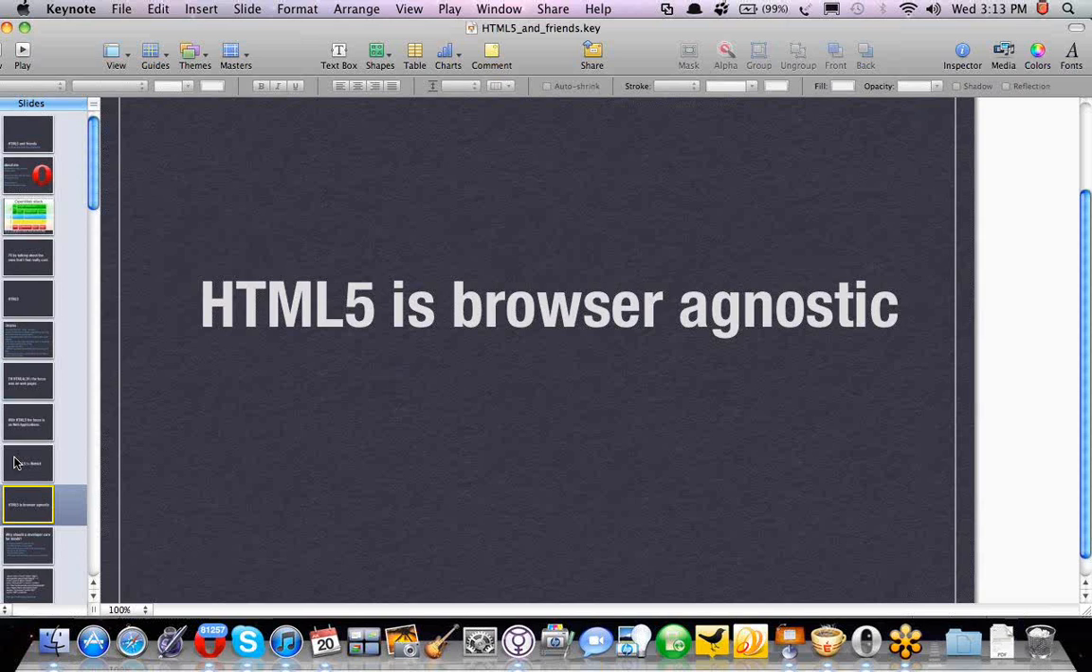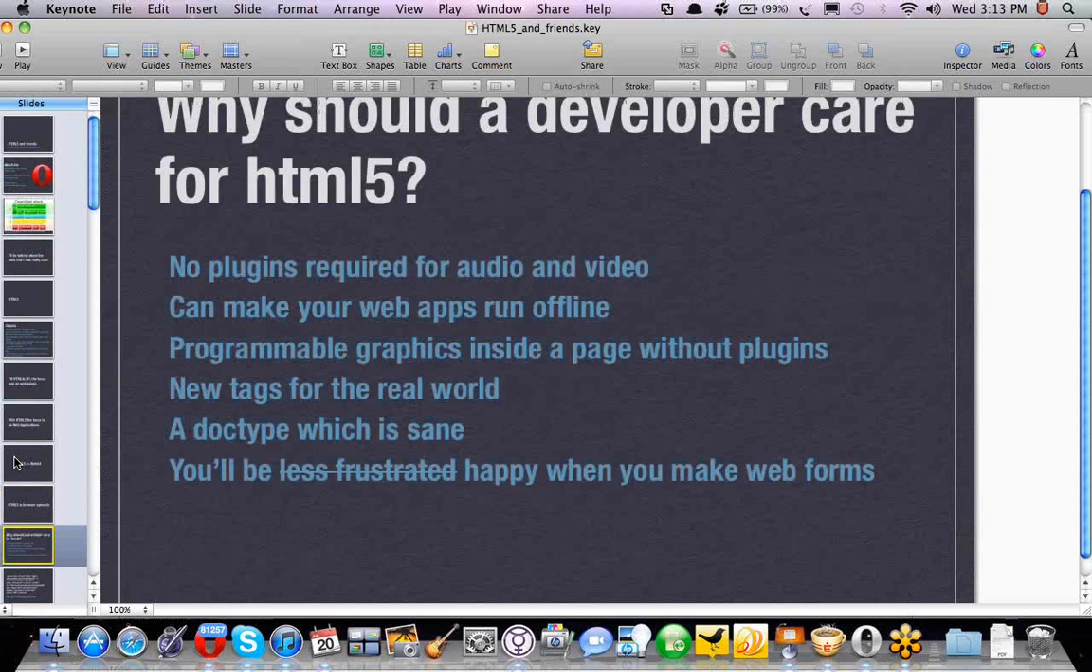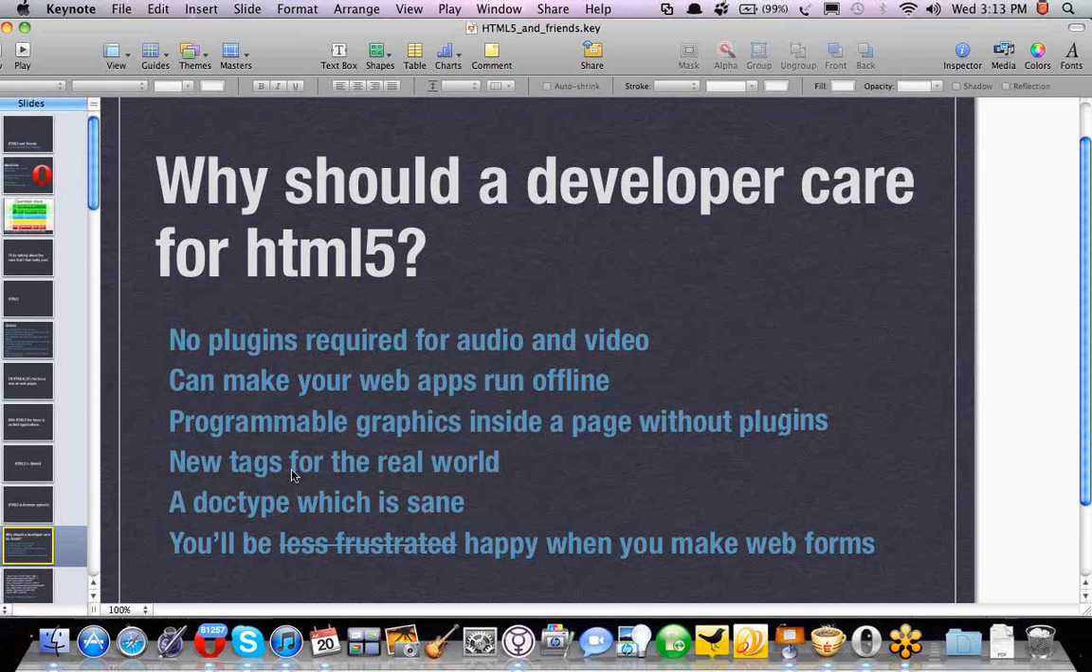So what I was saying was, HTML5 is browser agnostic, so it's not just dependent on one browser. Every modern browser is supporting HTML5 in various degrees. Some are working really, really hard, some are working not so hard, and every browser has their own priorities which they think they should work on when it comes to HTML5. So this is one of the most important slides, which is, why should you as